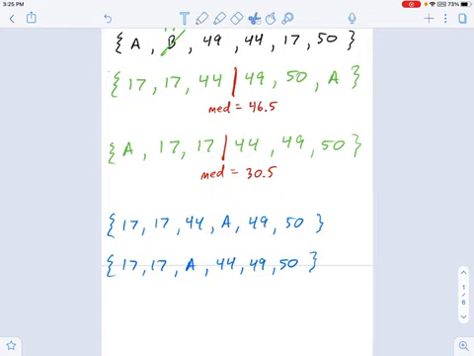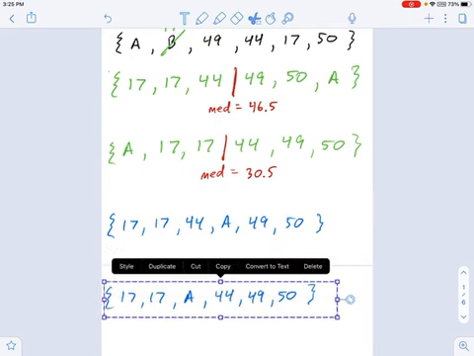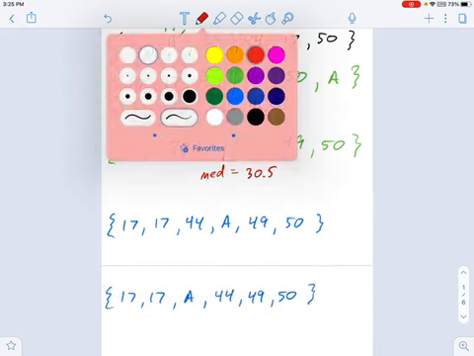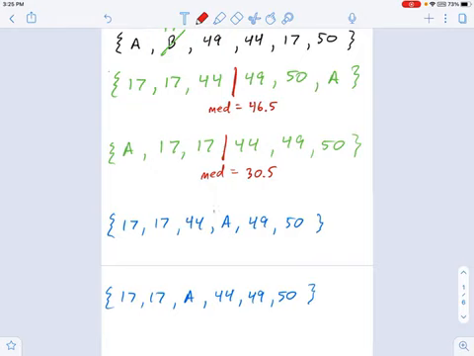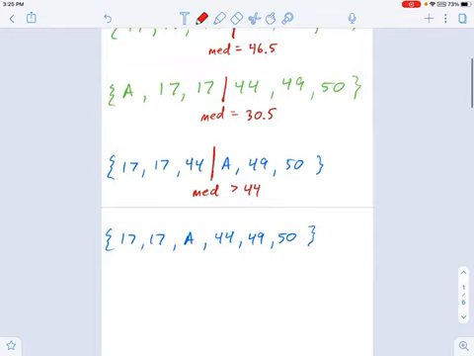But let's, again, think about what the median is. Take a look at the first list here. I know the median has to be between 44 and A, where A is a bigger number than 44. Well, that means the median is greater than 44. Nope, that's not true. It's 34. So if you look at this one, in this case, I know the median is equal to 34. So how does the median equal 34? Well, that means that 34 is halfway between A and 44.